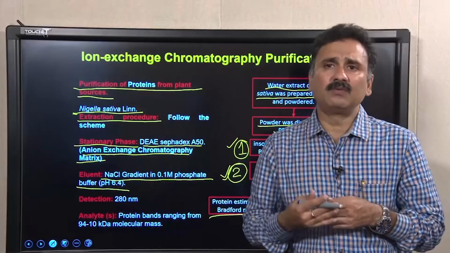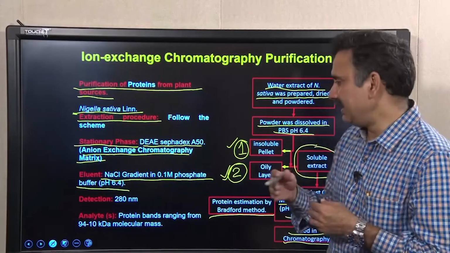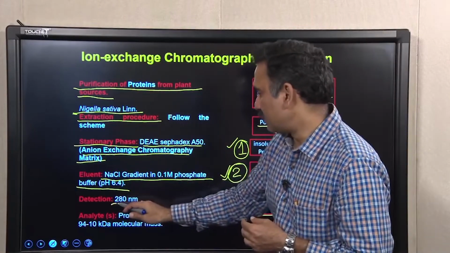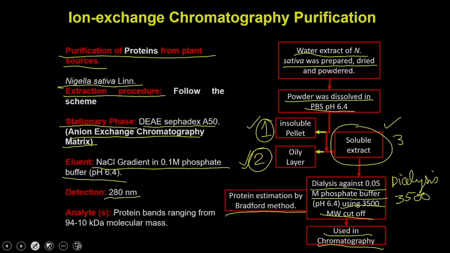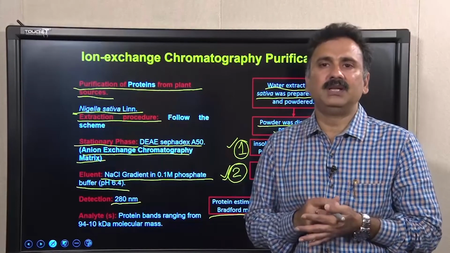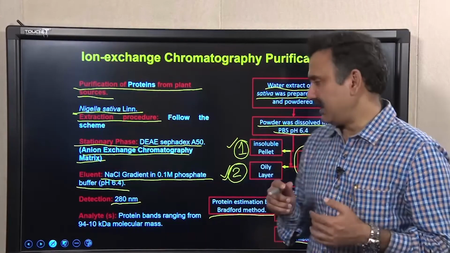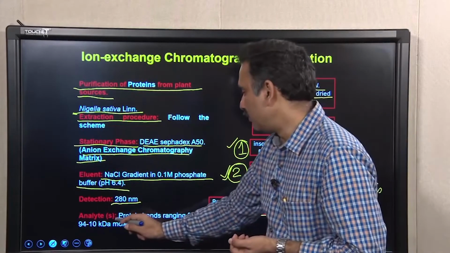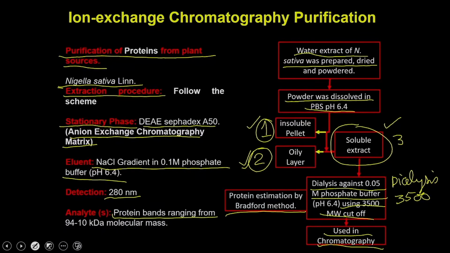Whatever is coming out from the column can be detected by the spectrophotometric method by measuring the OD at 280 nanometers, and that will give you the chromatogram to know in which fractions you have the proteins. Subsequently, you can analyze these fractions in an SDS-PAGE,